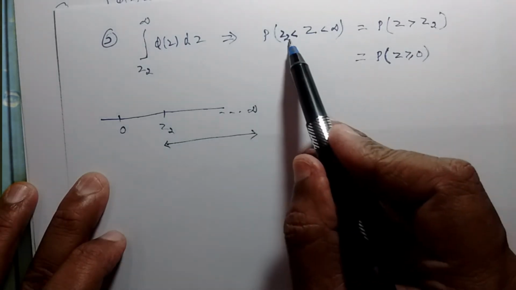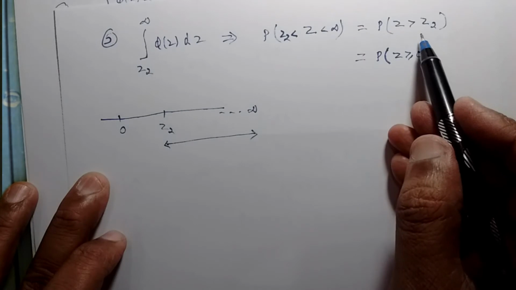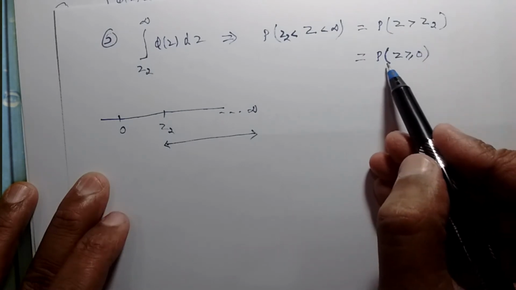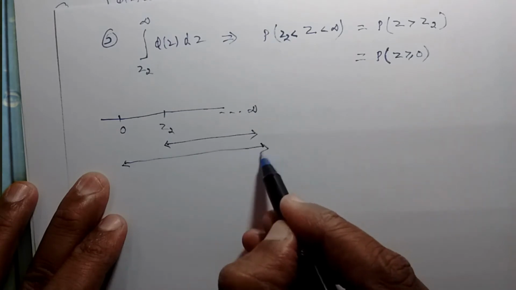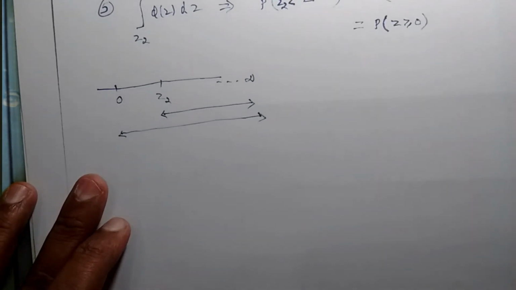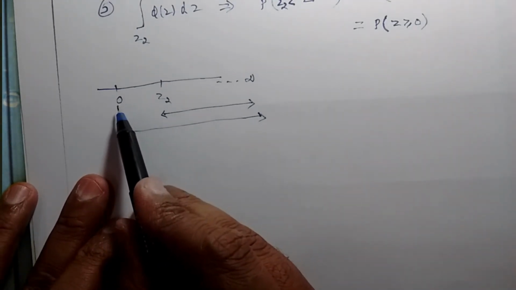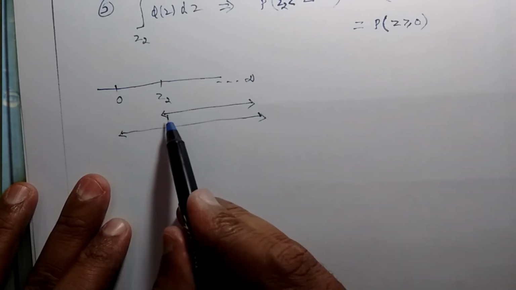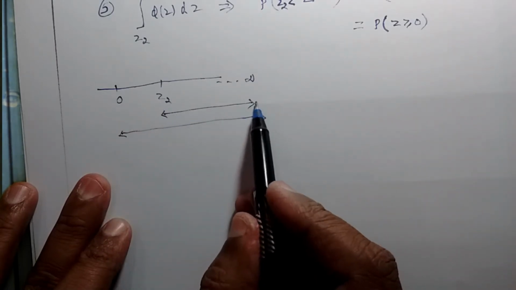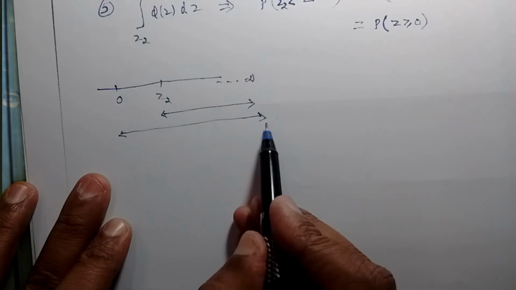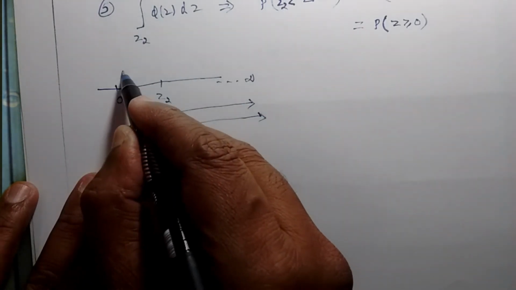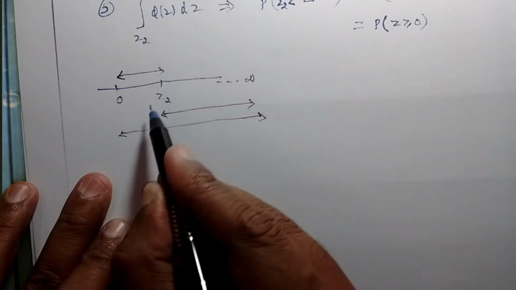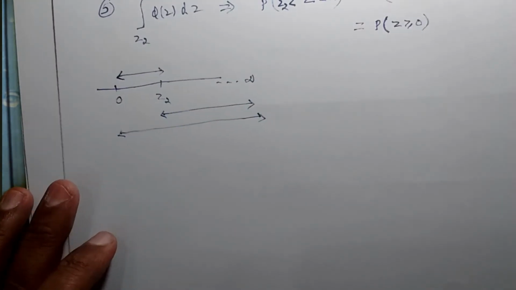So first I write the probability z greater than or equal to 0, that means I am taking from 0 to infinity. What is the additional value I have taken? The additional value is from 0 to z2. Actual value is from z2 to infinity, but I have taken from 0 to infinity. So that value has to be subtracted,